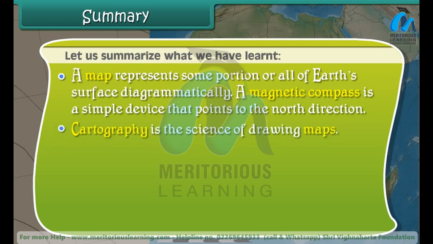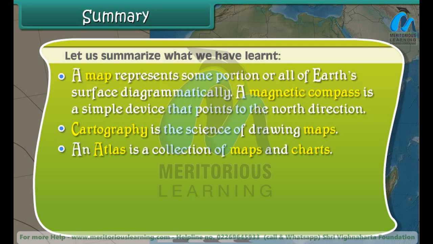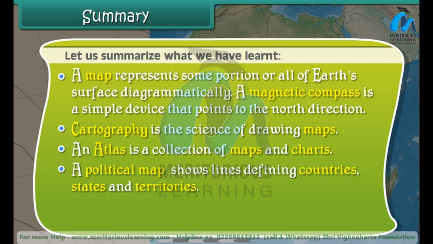Cartography is the science of drawing maps. An atlas is a collection of maps and charts. A political map shows lines defining countries, states, and territories. Physical